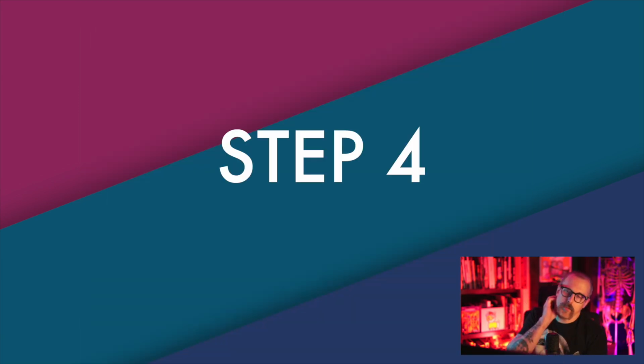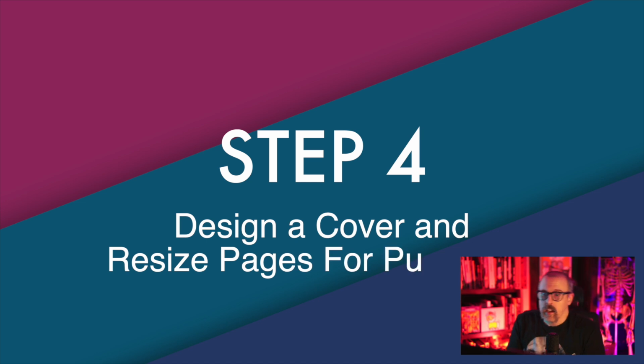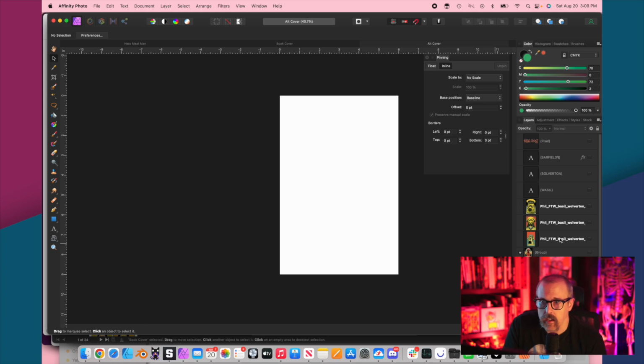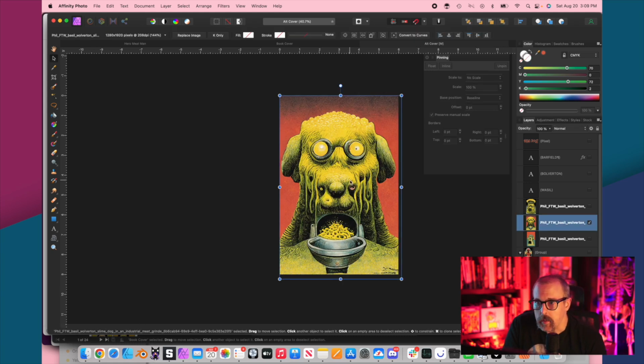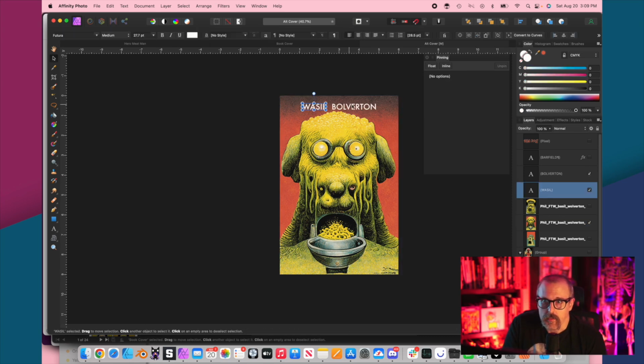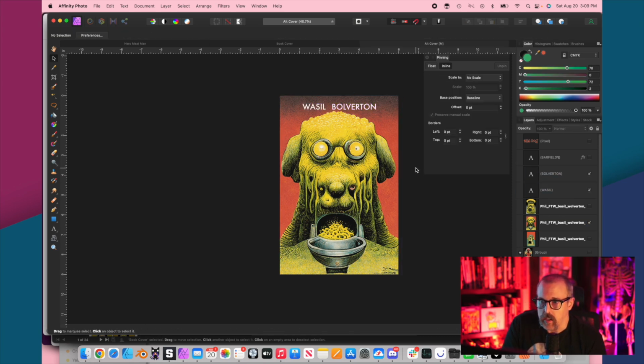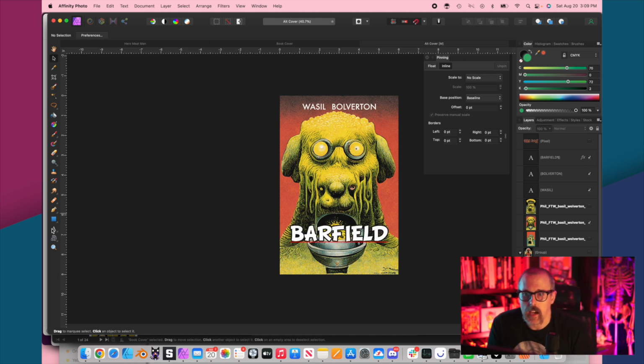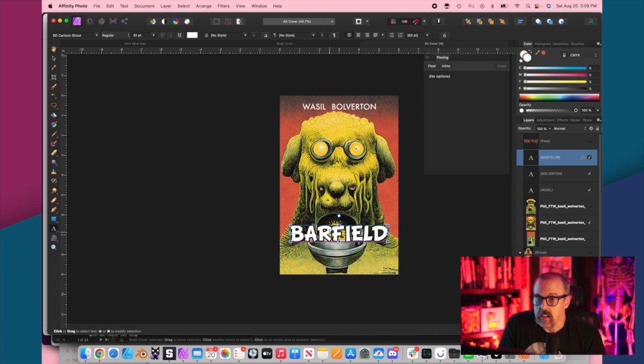All right, cool. So now I'm jumping into Affinity Designer. I've got a cover that I need to make. This is an asset that I rendered once again in Midjourney. I made sure to res that up to the maximum size. I had a set font for the Weasel Wolverton that I used on my first book. I literally just copied that. I copied that image and that sizing from the first book.